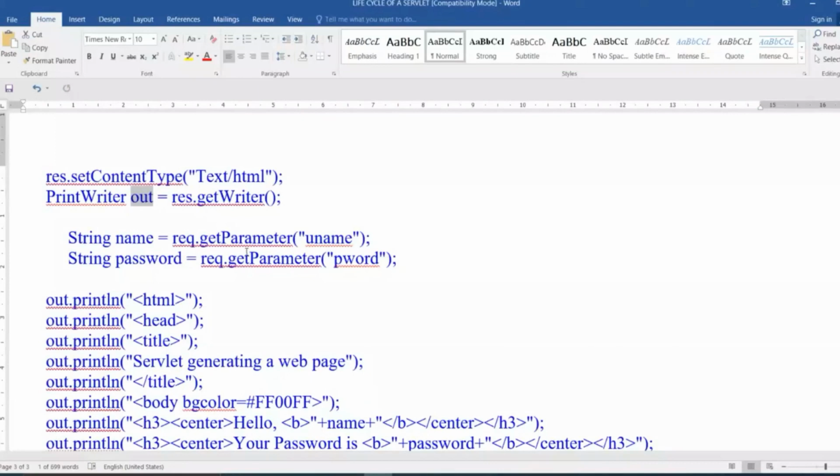I'm accepting 2 values coming from the client. request.getParameter uname,